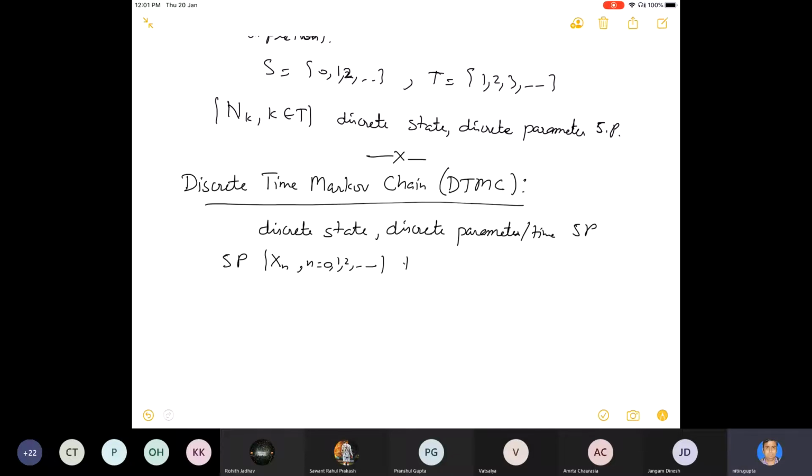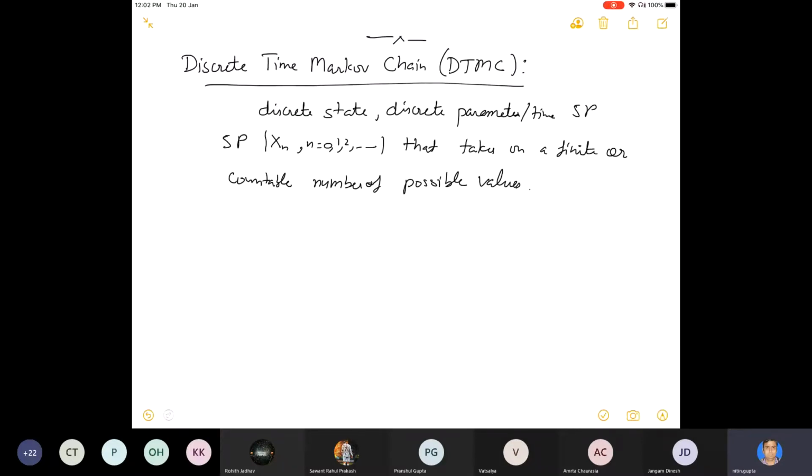It takes on a finite or countable number of possible values. That means the state space is basically finite or countable. So Xn is said to be a discrete time Markov chain